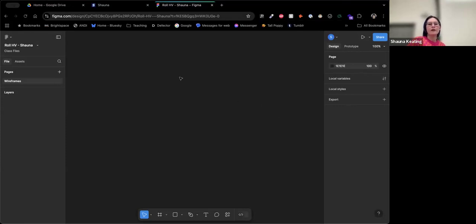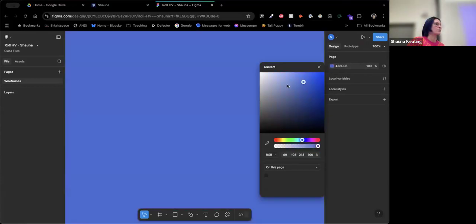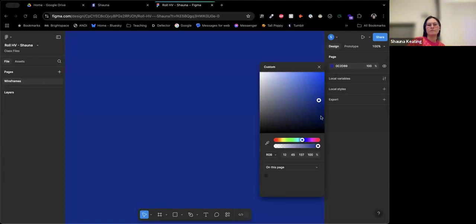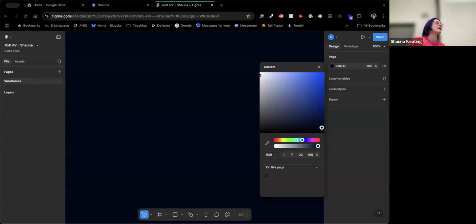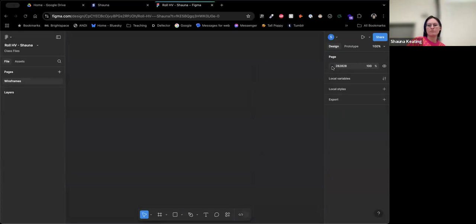So right now, there's nothing on my page, so it lets me actually edit my page. I can choose what the color of the background I work on is. That's just the workspace background, so you can set it to be whatever you want. It doesn't actually end up in your app interface at all. But it can be helpful depending on if you're working on an app where all the screens are white and the background is white, it can be hard to tell where your screens are. So picking something that has enough contrast can be quite helpful. So I'm just gonna pick that color